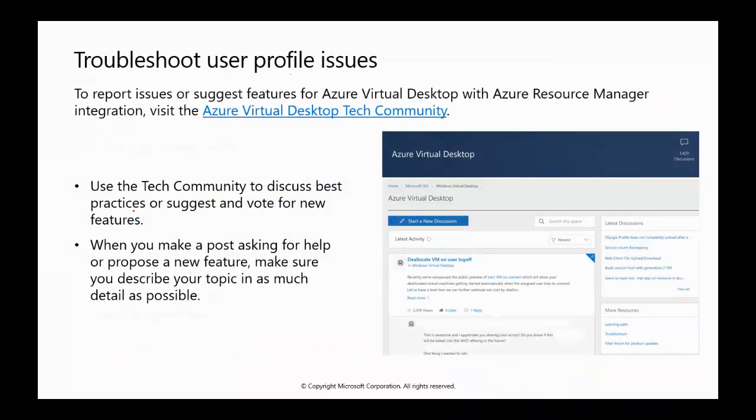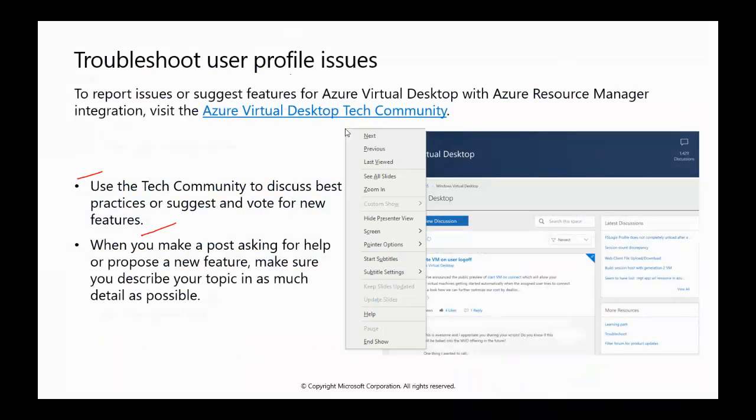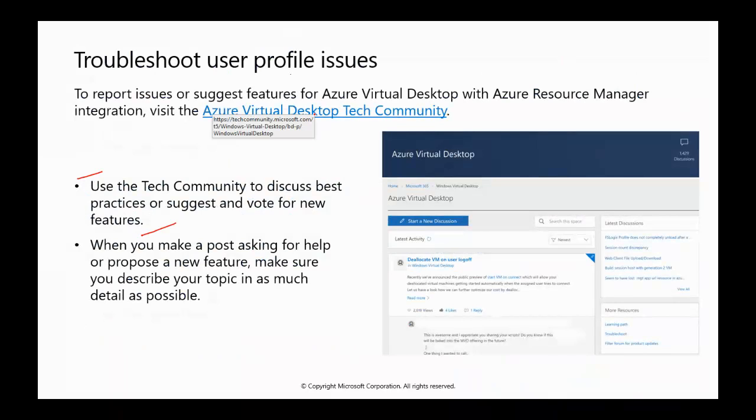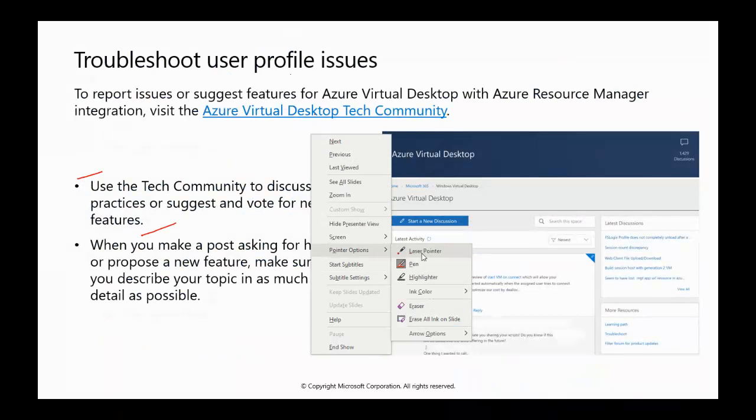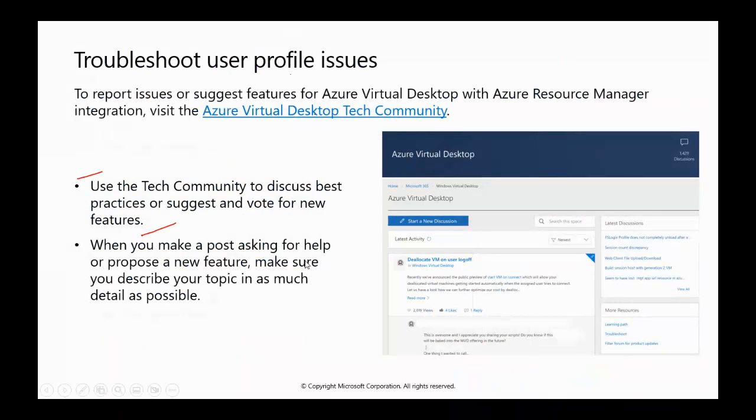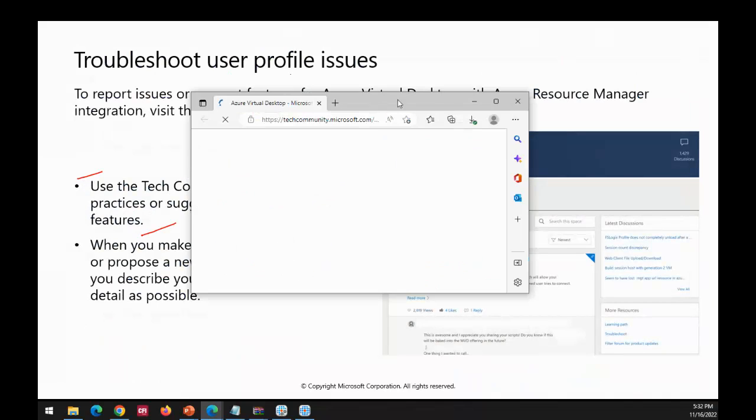This tech community is the best place to discuss information, to share your information with the guys. Let me take you there, with some IT personnel sharing or engaging in that. I will go set the pointer and we'll go. I will show you this